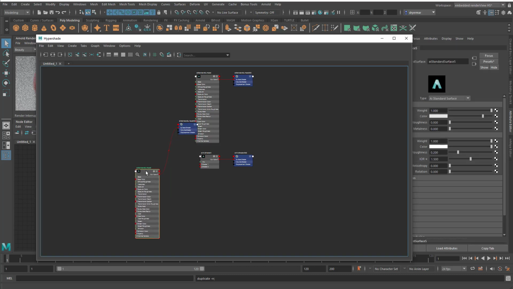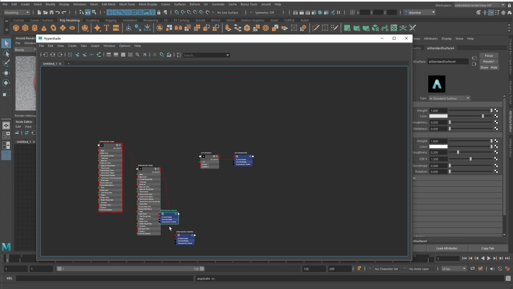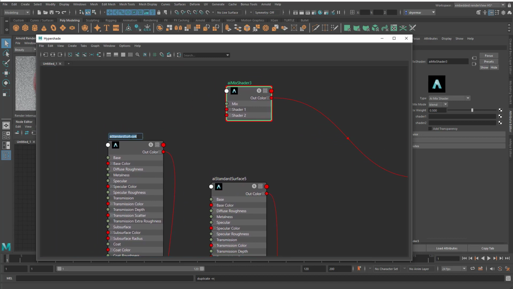AI standard surface. Okay, so this one we'll call base material, and this one is texture